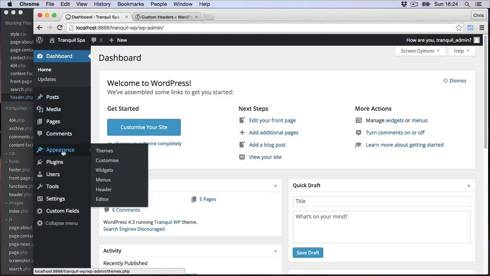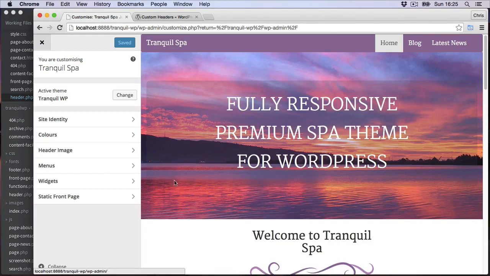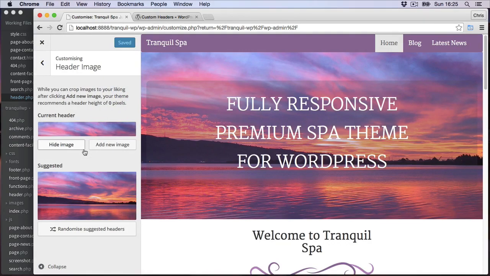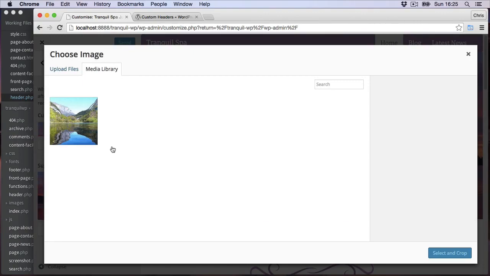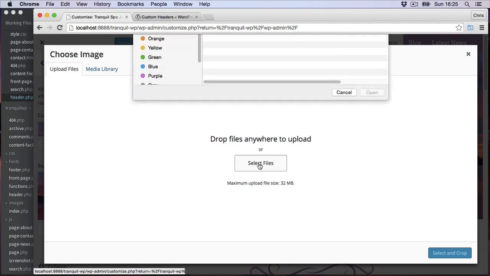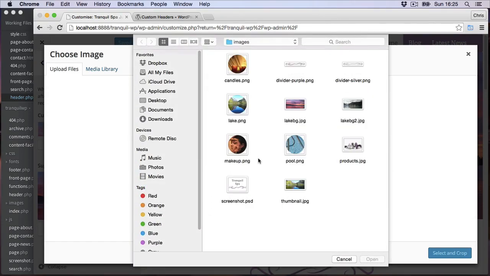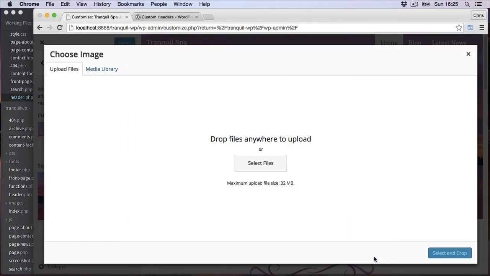and then go over to the WordPress dashboard, down to appearance, and then customize, and then select the header image, and we can add a new image. So this is the post thumbnail, so we'll upload a new image. So in your images folder there's a second background in there which is Lake BG2, so select that and open,